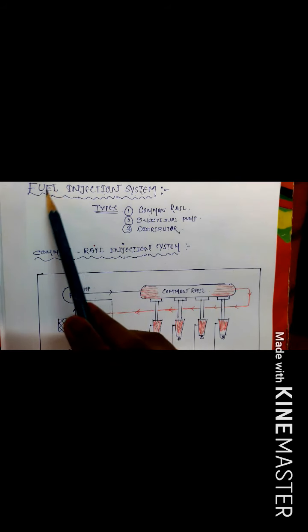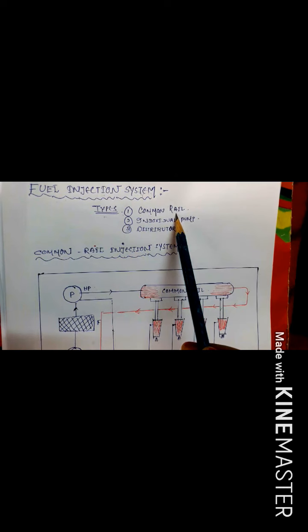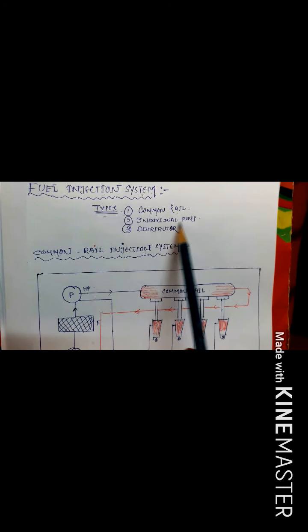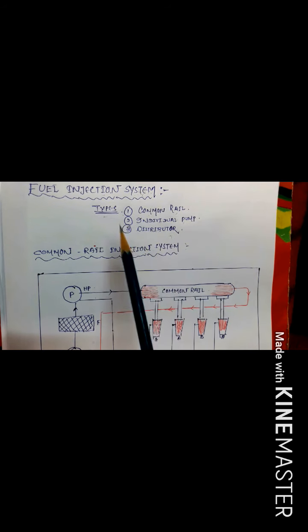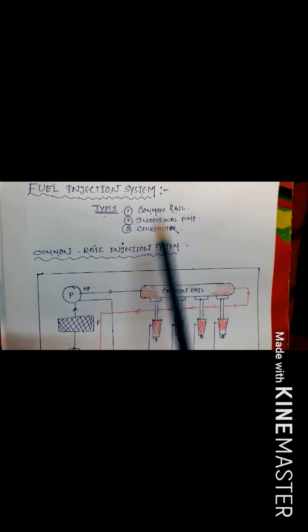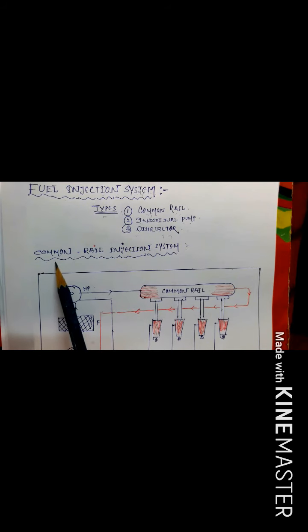Okay, generally the fuel injection systems of diesel power plants are of three types. First one is the common rail system, second one is the individual pump system, and third one is the distributed system. Now I am going to discuss the first one, which is the common rail